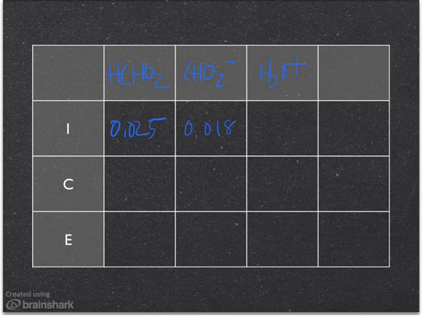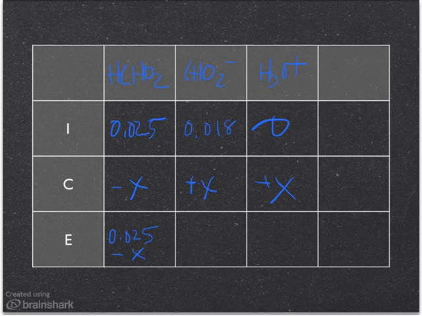H3O plus we didn't have any, so that would be 0. So then you have a minus x, positive x, positive x, and then you just do out your equilibrium. So 0.025 minus x, 0.018 plus x, and then x. Now do out your equilibrium expression. So you have 1.7 times 10 to the negative 4 equals